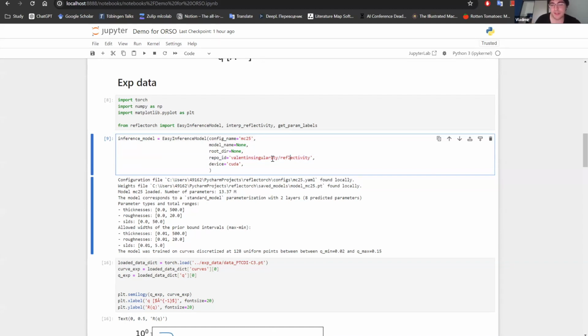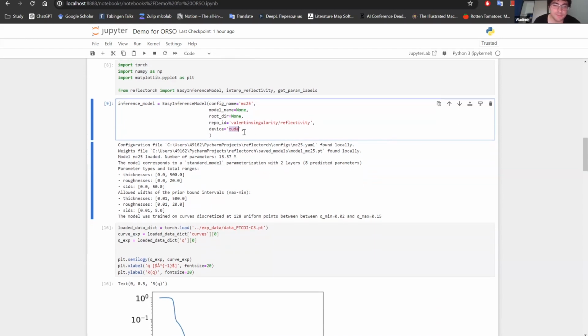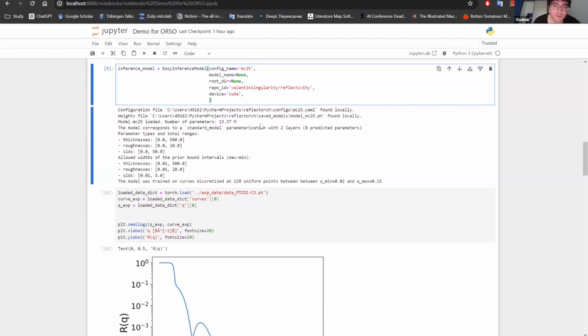The idea is that we want to collect all the important use cases for you. This is the model which you can run on CUDA, but it doesn't have to be. You can just specify CPU and run it on a very simple laptop. There are very limited hardware limitations, so it's very easy to run.